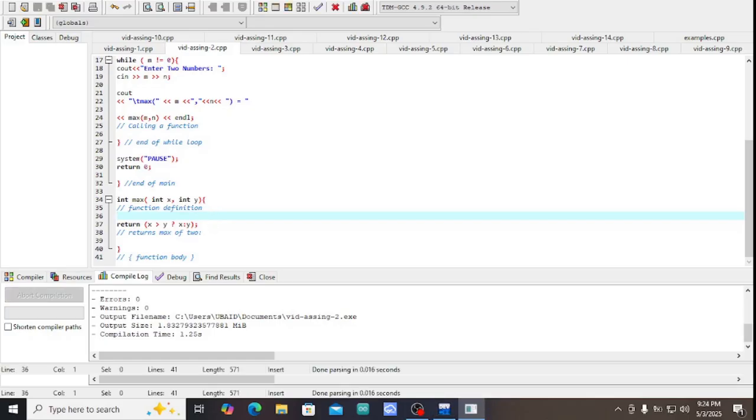So here it is asking for two inputs, so we will input 9 and 4. We can see that it printed out 9. And then